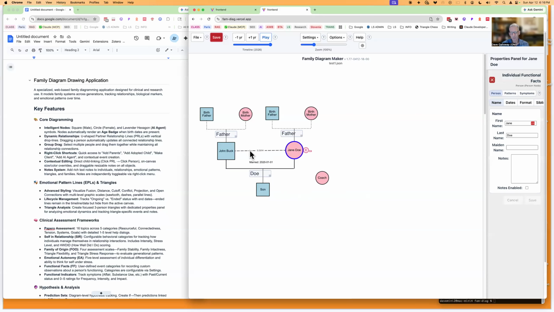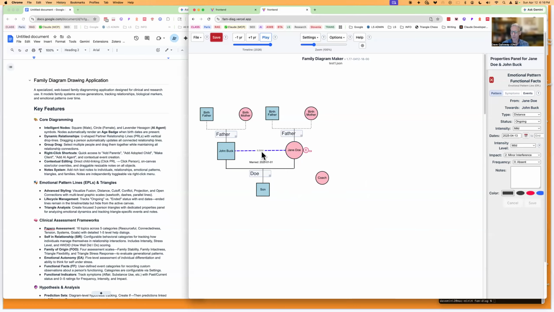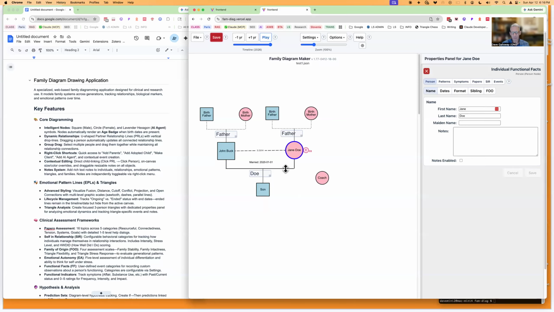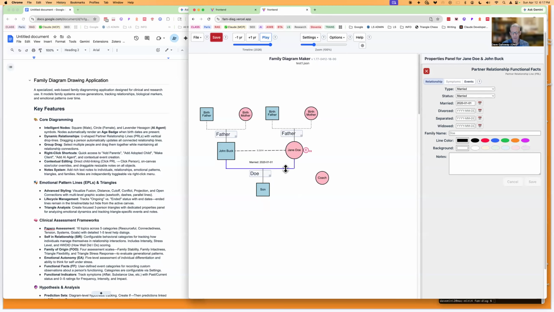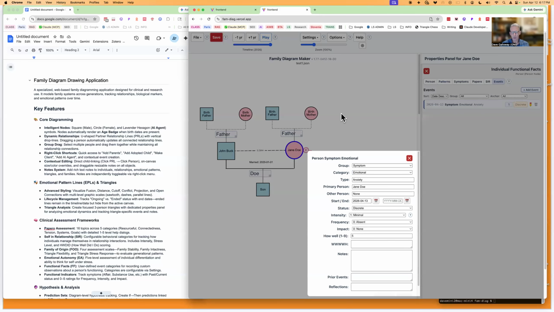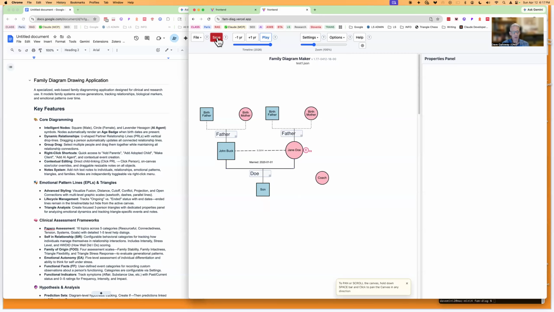Between people, you have emotional processes. And if you click on the emotional process line, it turns blue and you can do things with it. And every time you're working with something, over on the right side here, all the details show up in the panel. So we have people, we have relationship lines, partner relationship lines, we have emotional process lines, we have symptoms, and there's much more. But for now, we will save our diagram